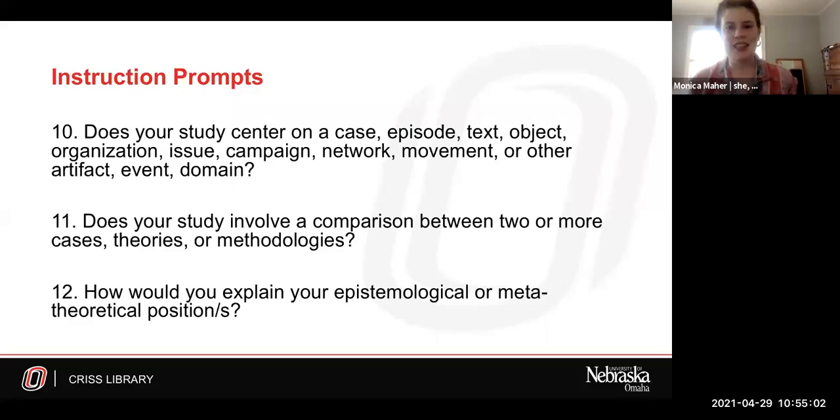These set of questions I think are great for students who have a pretty good idea for a study that they'd like to focus on. These prompts really help them to dive deeper into the methodology and epistemology. For a lot of students, particularly a lot of the students that I meet with in education, they might not have heard some of this terminology before. However, they definitely have an idea of how to answer these questions.